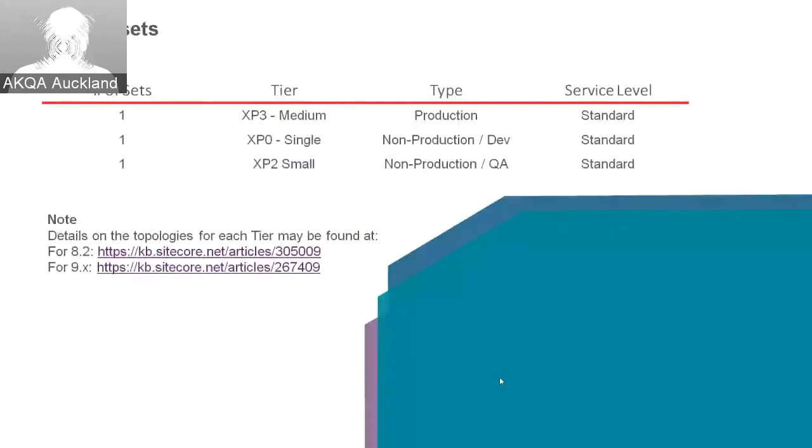So I think most of you went with that Sitecore template in Azure to install Sitecore Cloud. So it's basically a similar thing. The topology is basically the assets which they are giving. These are some standard assets like XP medium, XP single and small, basically your Dev, QA, production. But apart from this, they have large, extra large and double XL, I think, nowadays. So this asset, they decide on